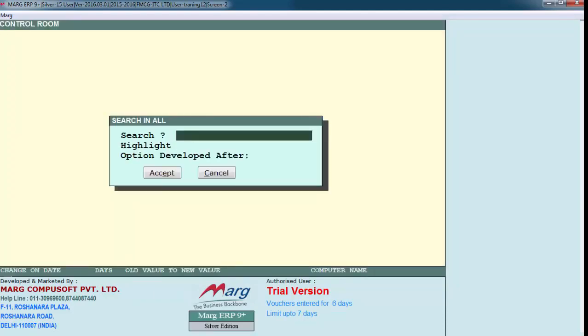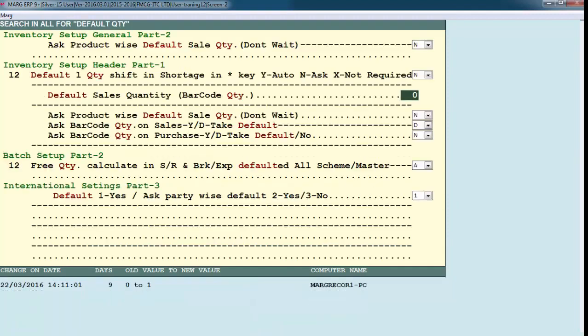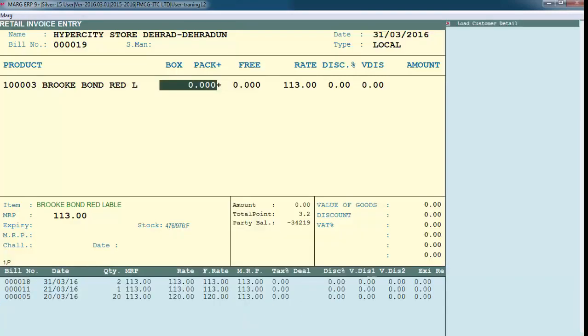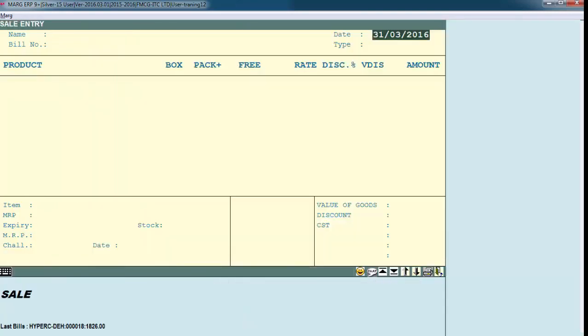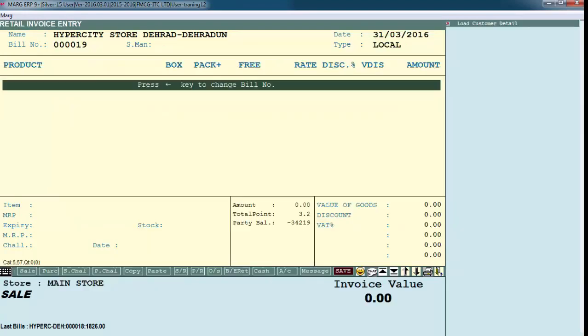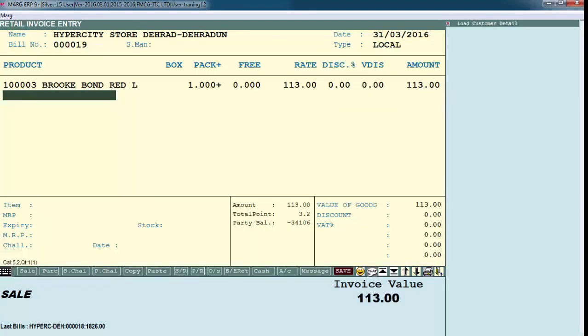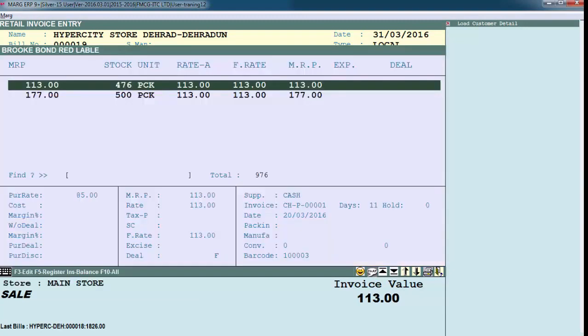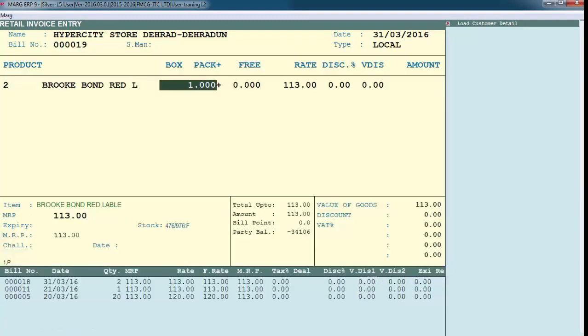In control room, we'll search for default quantity and set default quantity sales to 1. And now let's see the effect. So here you see it did not wait at the quantity. However, you can change it if you want.